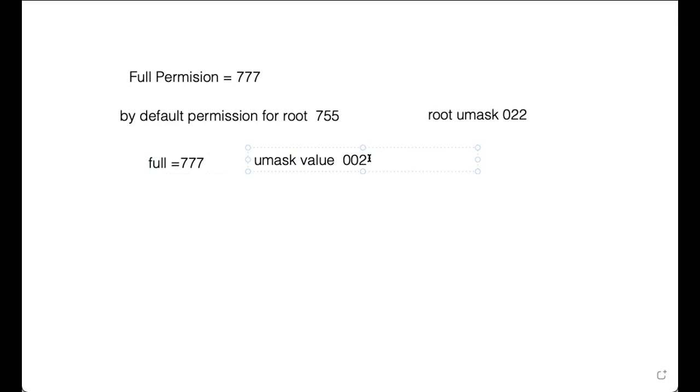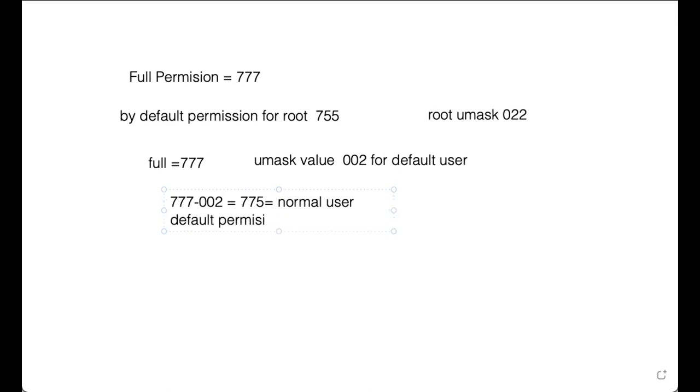So the default permission is 777 minus 002, which equals 775. 775 will be assigned to a directory when a normal user creates it. That is the normal user's default permission on a directory.